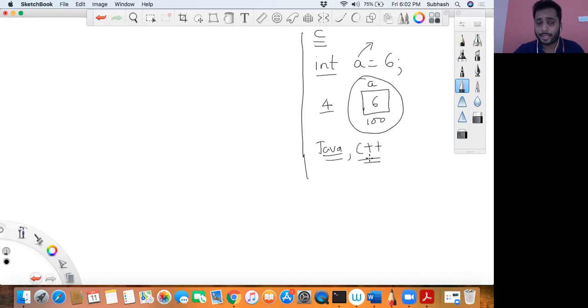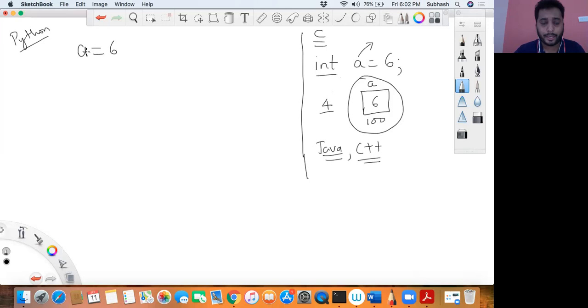Whereas in Python, you don't do all these things. Rather you just say A is equal to 6. That's all. What is the difference that you can see in Python compared to C, Java or C++? The first thing is you do not need to write your data type. You need not say how much memory has to be allocated, because Python knows how much memory has to be allocated for that. The memory allocation is automatically taken care of by Python, which is really a great part.